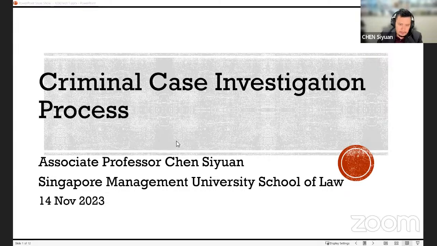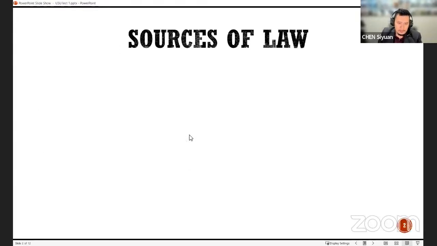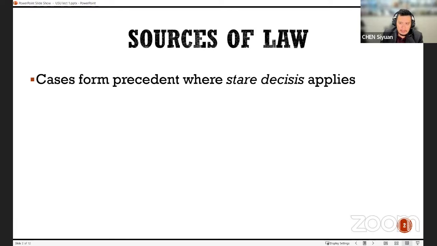Okay, with that out of the way, I think it's important to understand how a common law system like Singapore operates in terms of what exactly is a source of law. Unlike many civil law systems, for Singapore, cases are usually the first thing that the courts would refer to when trying to decide how to interpret or how to even find a rule or regulation. And stare decisis, as you might know, refers to this idea that the higher the level of the court, the more it binds the lower courts.